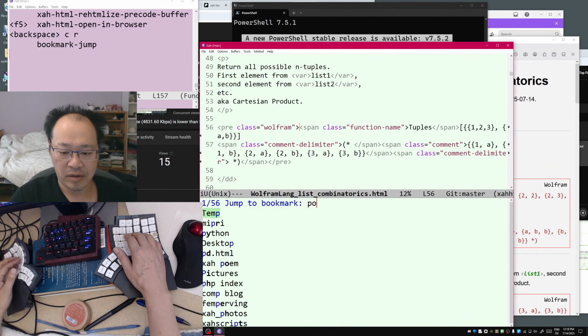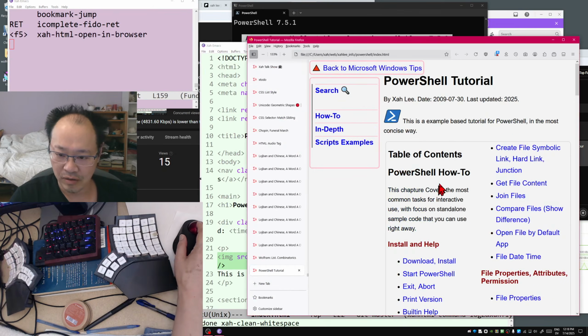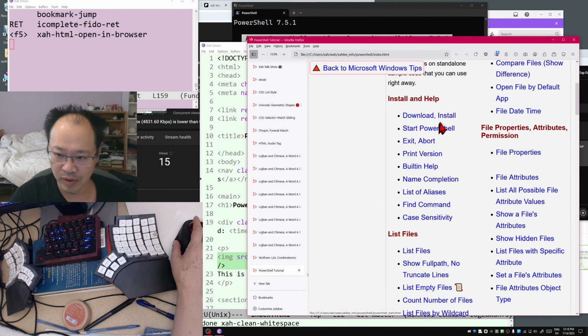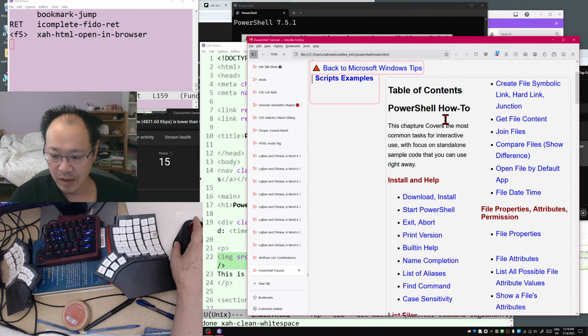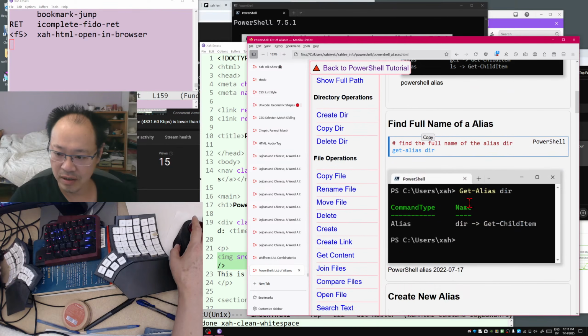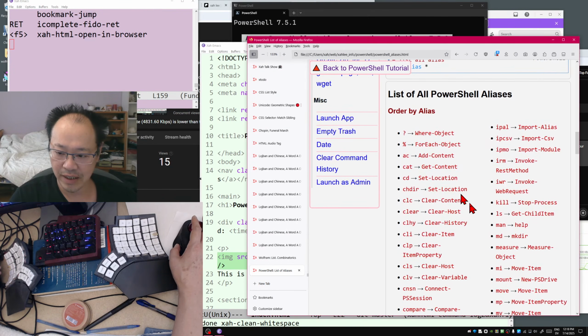So let's go to PowerShell. So you can see a complete list PowerShell tutorial. Check it out. That's my tutorial on xahlee.info. Okay, so download and install a list of aliases. For example, here is a list of all aliases, and here you can see kind of all the possible command